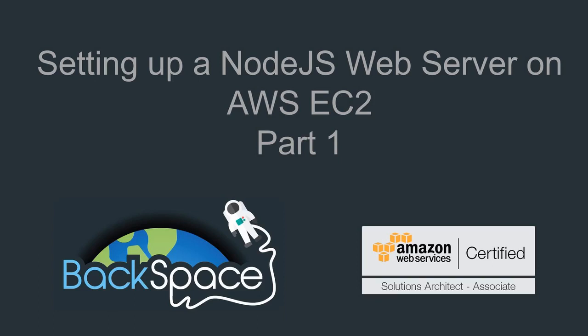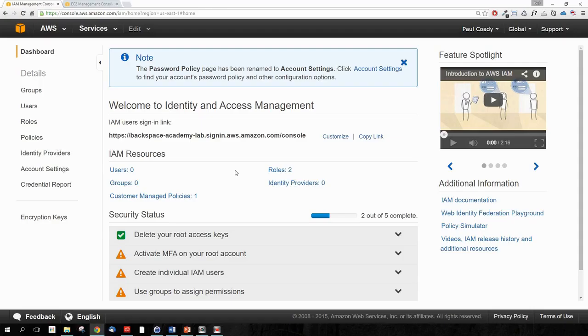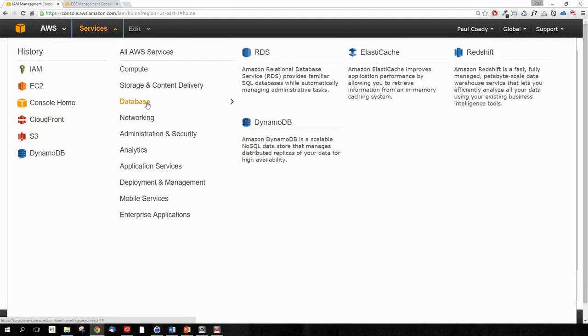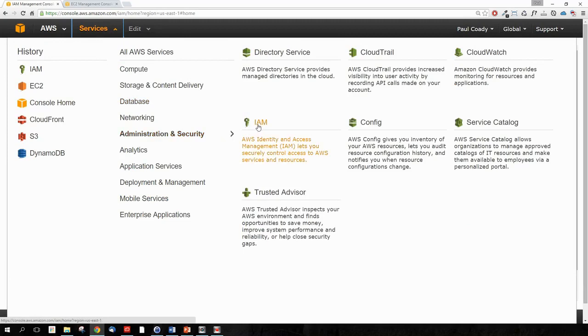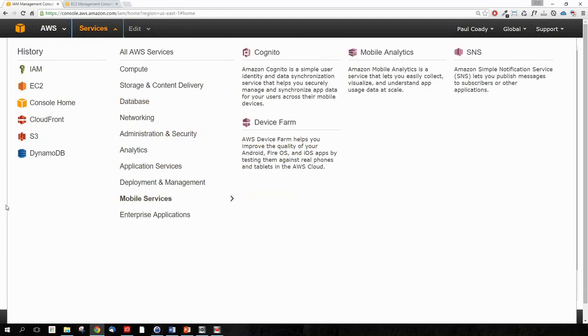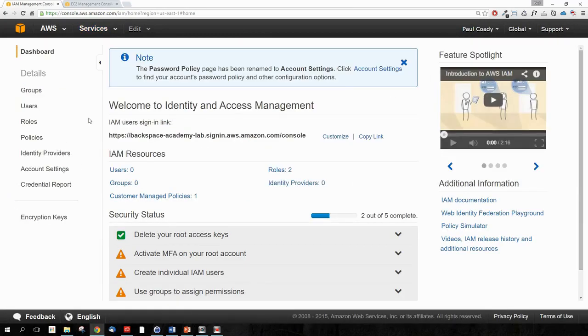So the first thing we want to do is go into the IAM console. Okay, so we're in the IAM management console. You can get there from Services, Administration and Security, IAM. The first thing we want to do, when we've got a new account, is create a